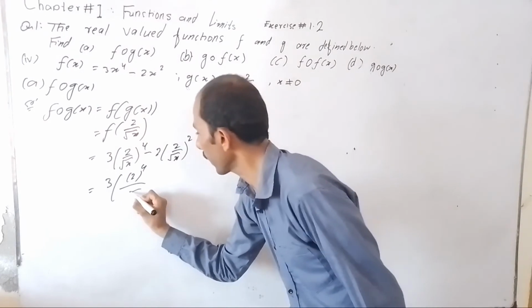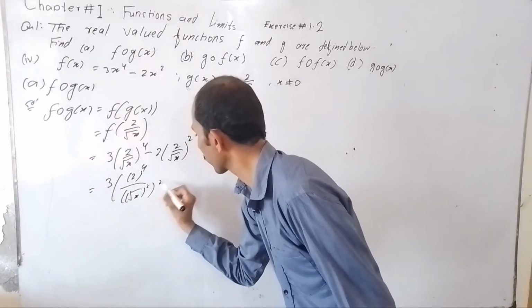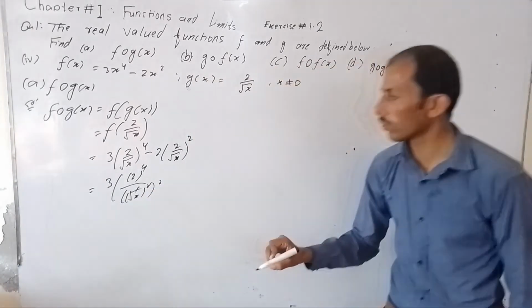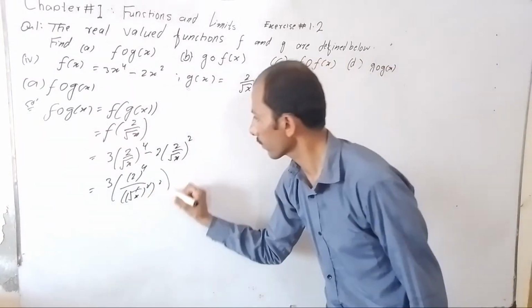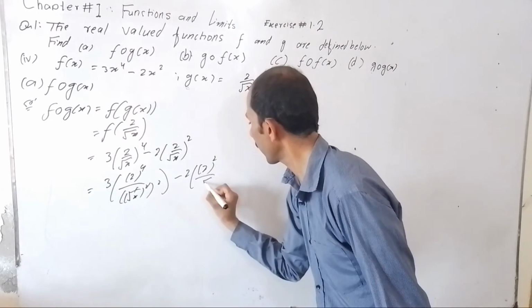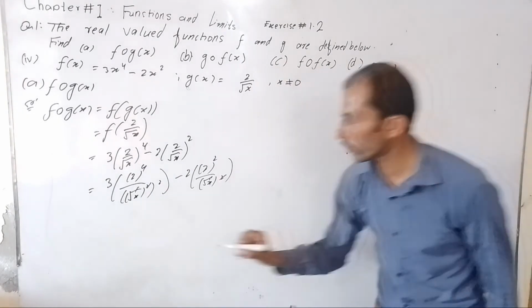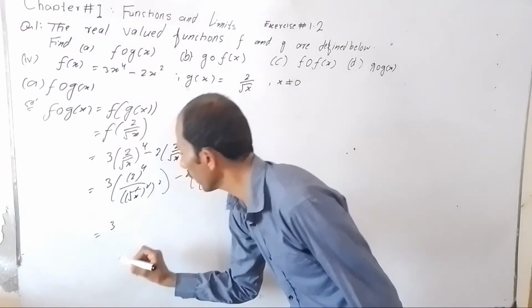It means it can also be written as x squared, the square root cancels, minus 2 into 2 squared divided by the square root of x whole squared, the square root cancels, is equal to 3 into